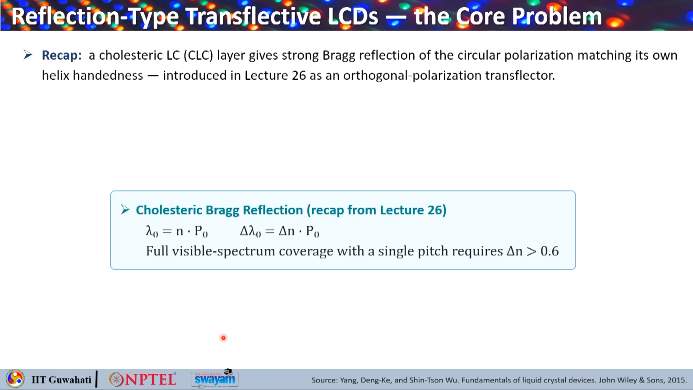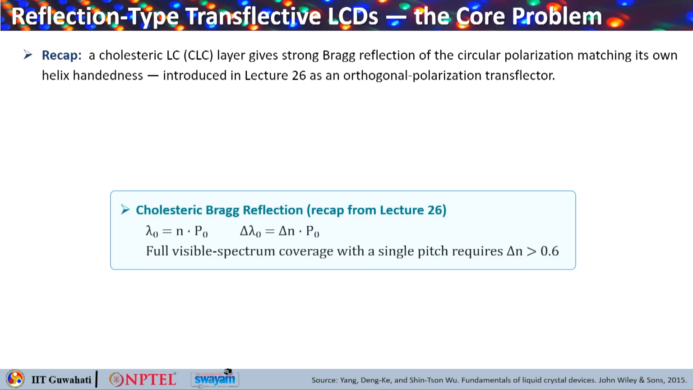Here this slide reconnects the reflection type transreflective LCD category to the cholesteric Bragg reflection physics already introduced in lecture 26, where we talked about one of the orthogonal polarization transreflector designs. We can identify here the core problem that must be solved before a plain cholesteric liquid crystal layer can be used as a working transreflective